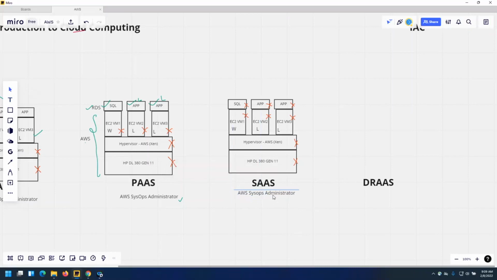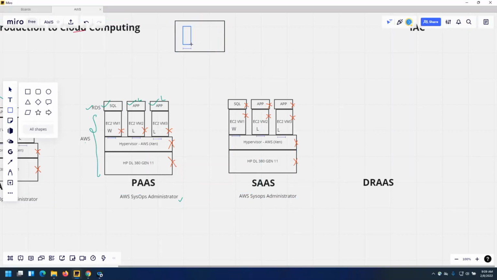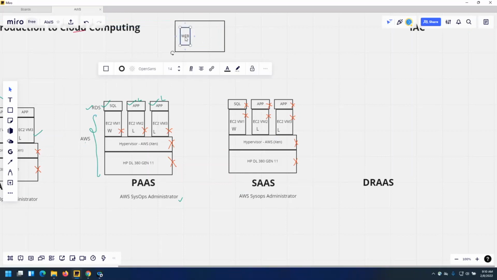As an AWS Sysops administrator, what will you do in the SaaS model? Let's say there is an application running with a web server, and then on the back end, there is an app server, and on the back end, there's a DB server.